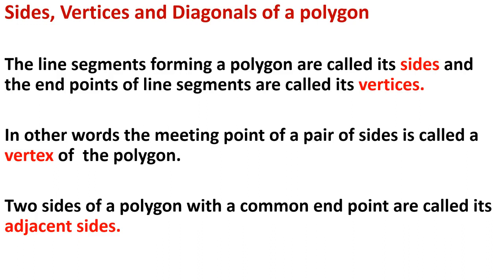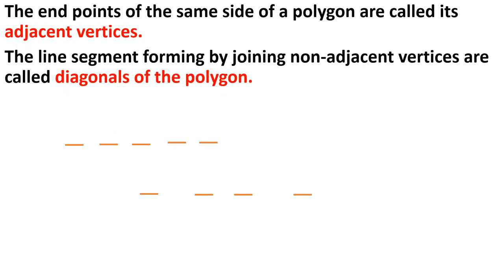And the end points of the line segments are called its vertices. In junior classes, we used to say vertices as corners, but now we will use the word vertices. So, sides are the line segments by which we are forming the polygon, and vertices are the end points of